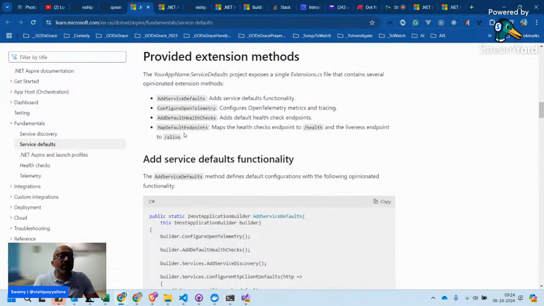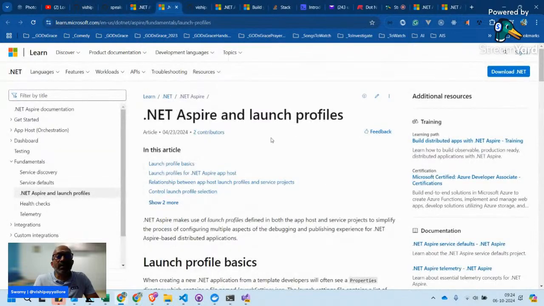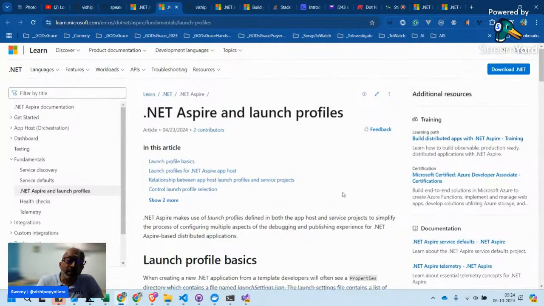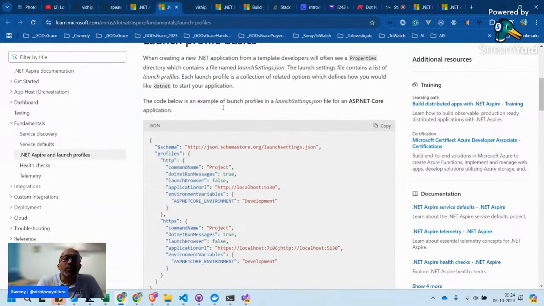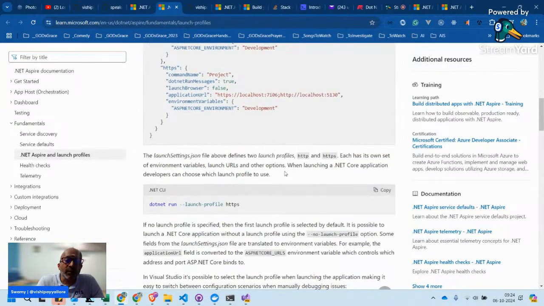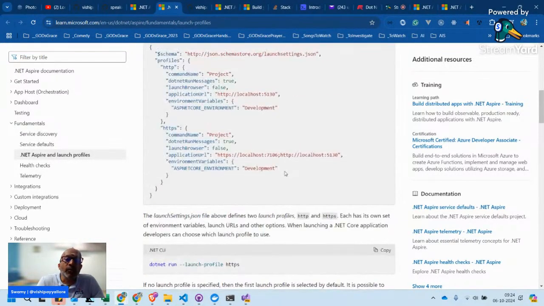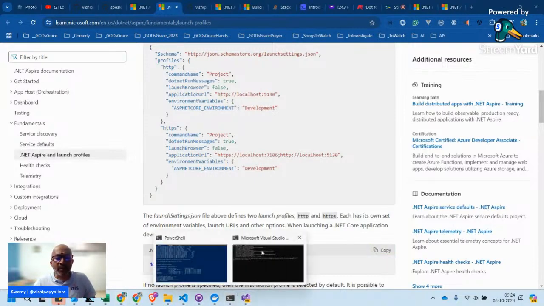This one, service defaults. And another thing is .NET 8 and launch profiles. So you can see this, the launch profiles, everything will be here. So if you want to execute, there are a couple of launch profiles, HTTP and HTTPS. If you want to execute it from the .NET Run perspective, if I come in here,